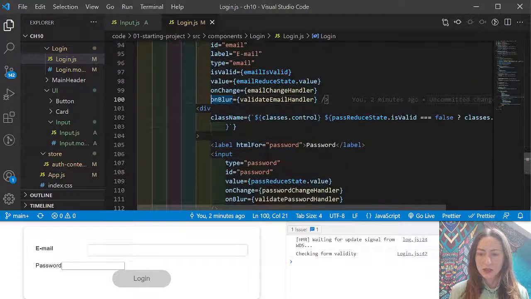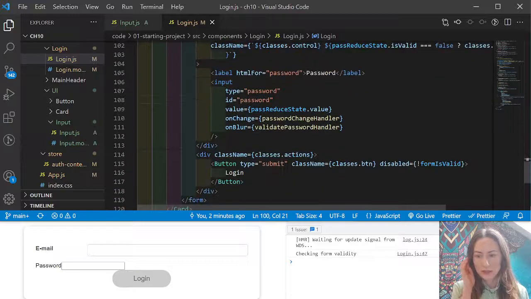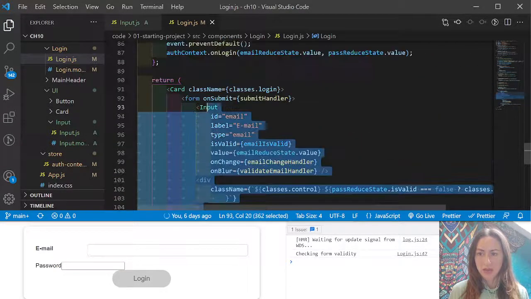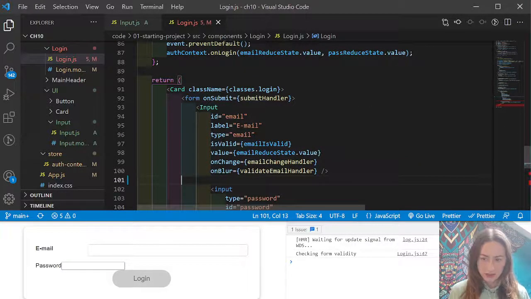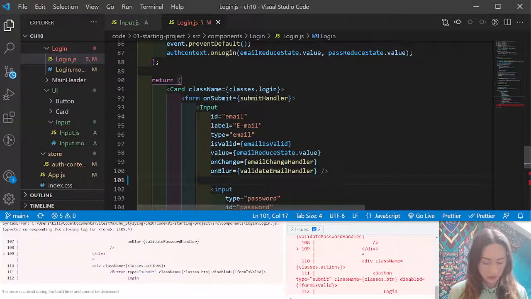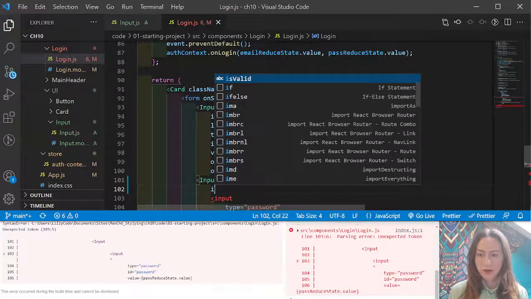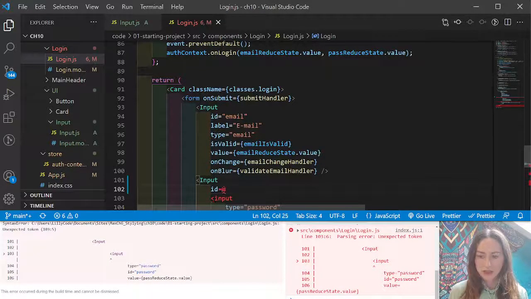What we're going to do now is literally just remove this code as I suggested. Well, I'll leave that there for a moment just so we can see the name of these handlers and stuff that we want to pass in. So I'll get rid of all that, and I'm going to add another input here, and we want to set it up the same way for our password. So we're going to have our ID, and this is going to be